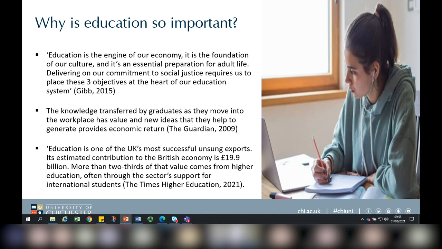But also the UK's education is one of our biggest exports. So education is a really exportable product, and it brings in quite a lot of money to the industry. So we've got reduced international students in the UK higher education system. However, interestingly, at Chichester, and the business school, we've actually had a huge increase in the numbers of international students. I don't know if that's because of the smallness of the university and the support that they get, but we've seen an upsurge in international students.